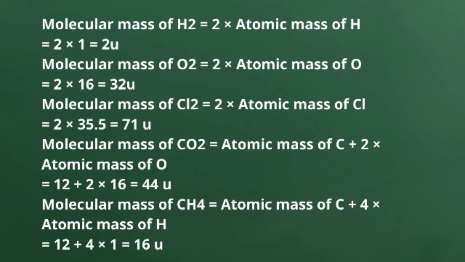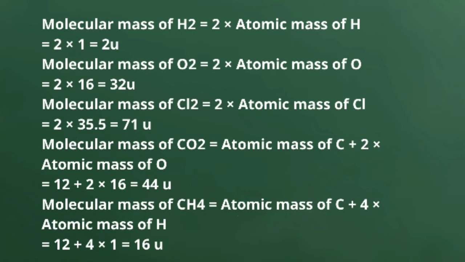Molecular mass of H2 is equal to 2 into atomic mass of H is equal to 2 into 1 is equal to 2U. Molecular mass of O2 is equal to 2 into atomic mass of oxygen is equal to 2 into 16 is equal to 32U. Molecular mass of Cl2 is equal to 2 into atomic mass of Cl is equal to 2 into 35.5